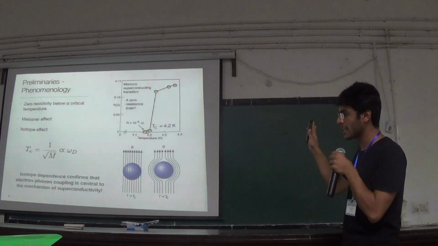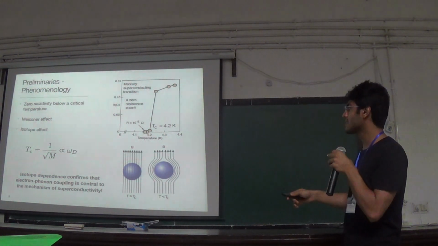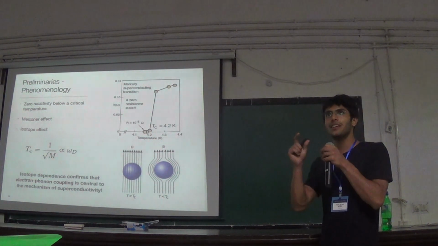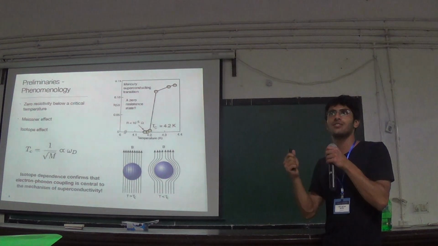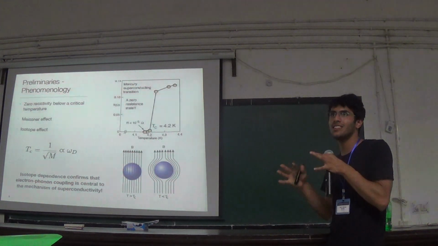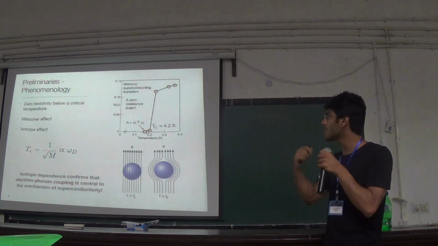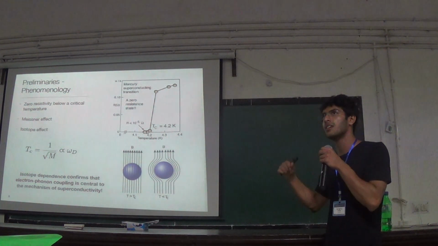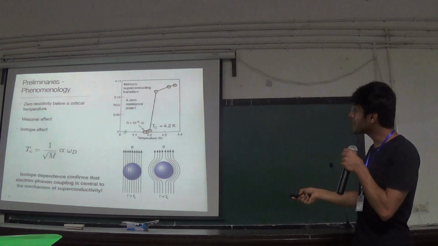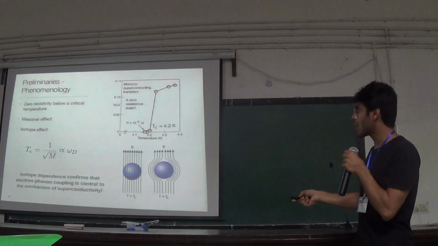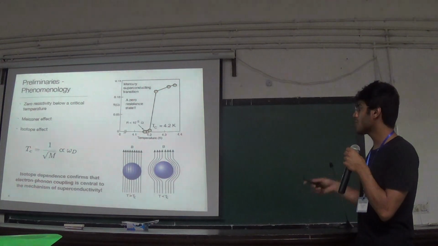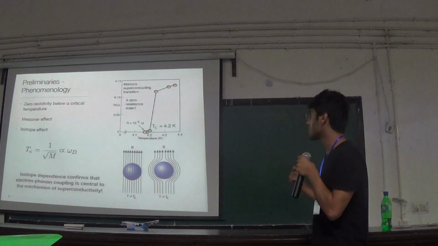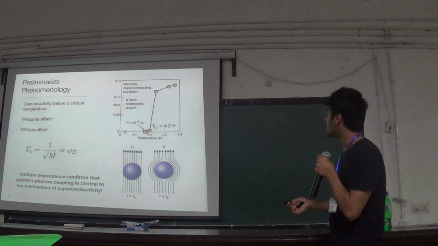Just think of it this way. If you remove all the electrons from the system, you have only the lattice left. Now this square root of m tells you something about the lattice vibration. The lattice itself is a very boring system, but it can give you phonon modes. Phonons are basically the excitations or the vibrations in the lattice. So it has something to do with the lattice vibrating and coupling to electrons. That is the central feature of the mechanism of superconductivity, and that's where you start from in writing down the microscopic theory, and that's what BCS did.